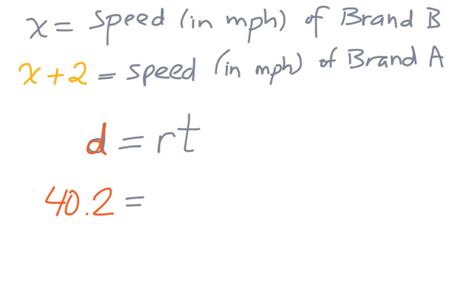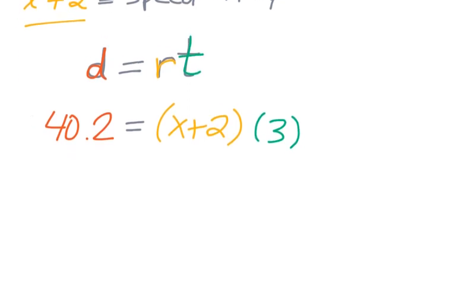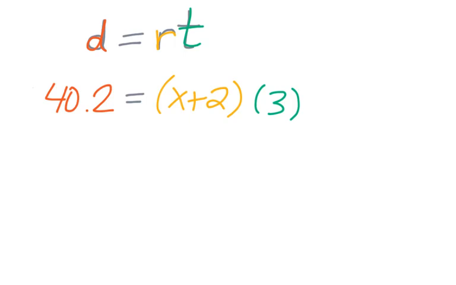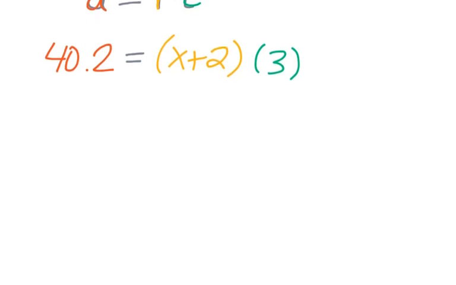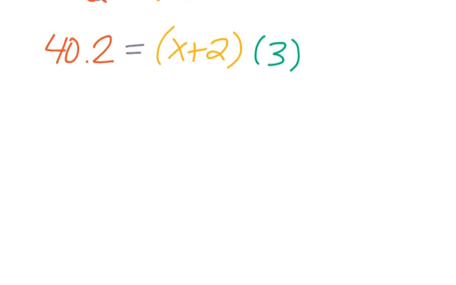Now the rate, we're looking for the brand A scooter, so the rate will be replaced with x plus 2. I'll substitute that in for the rate. And we know that they're traveling for 3 miles, so that will be substituted in for time. So I have an equation now that includes all the information from the problem, and I'm going to solve it